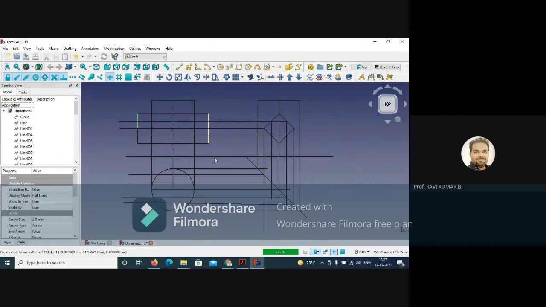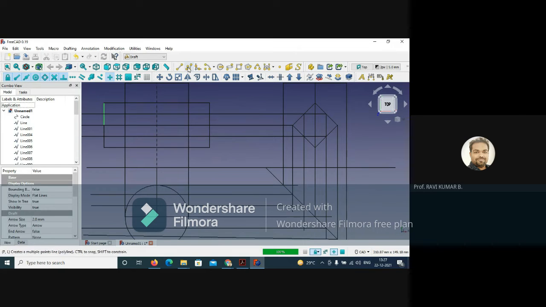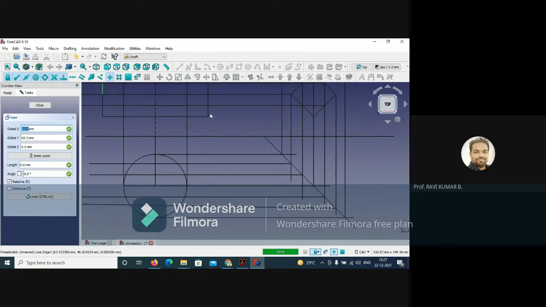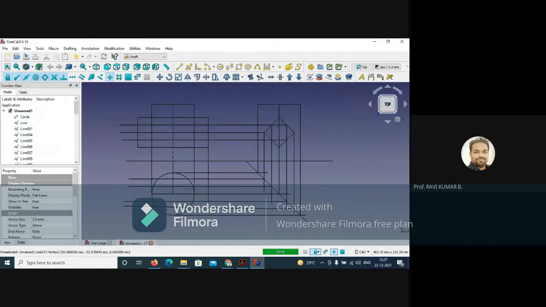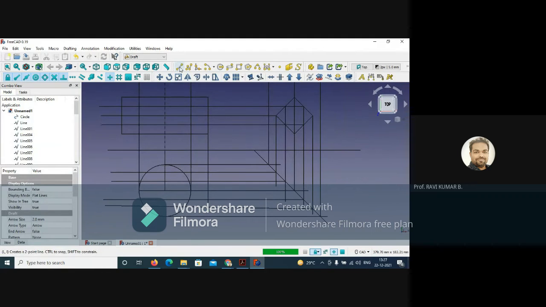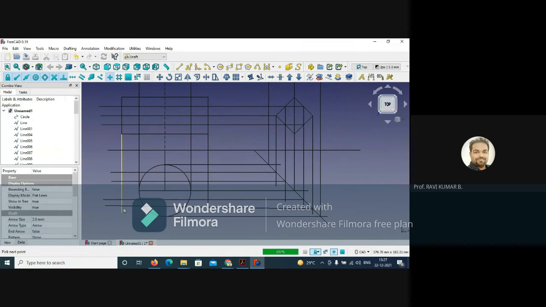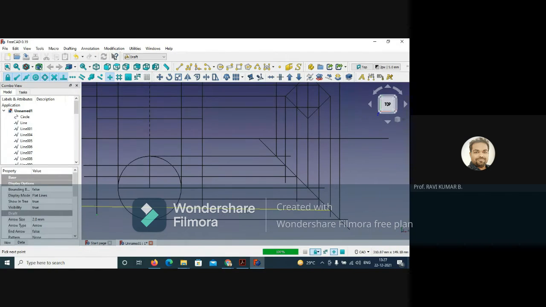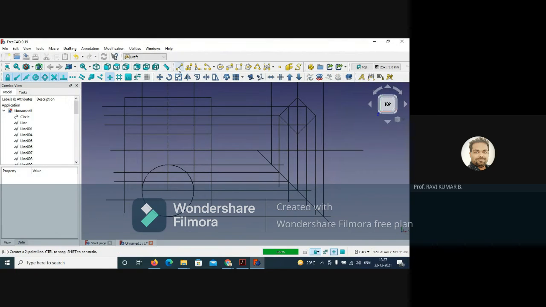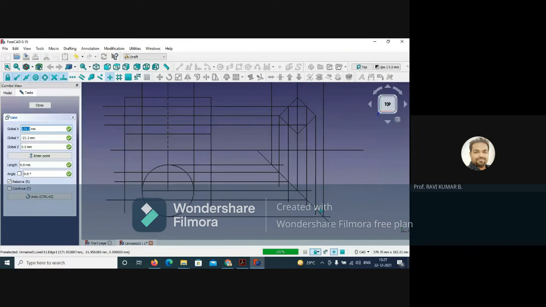Now what you need to do, same thing you have to do over here. So you project one of these lines down. I am projecting this line, and it will be connecting up to here, right, up to here. And similarly, you can project this line also, which is connecting over here. This line we have wrongly done as an incline. Delete this. So you can take from this line, draw exactly perpendicular.